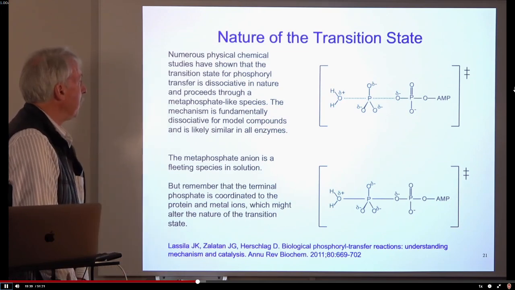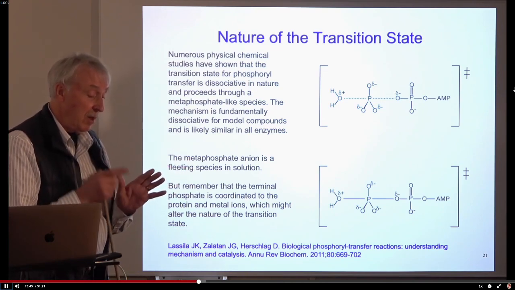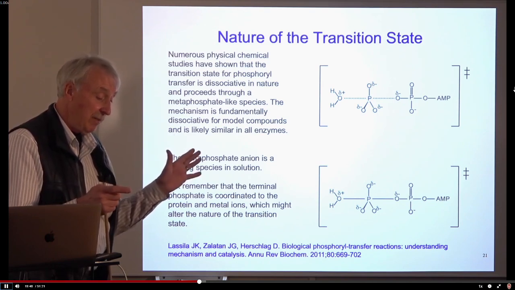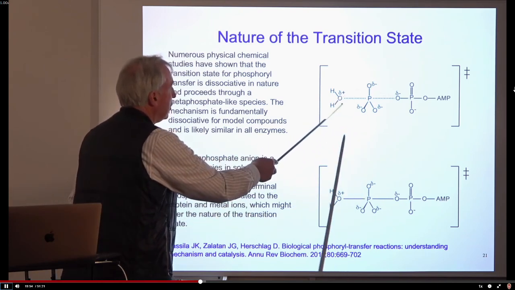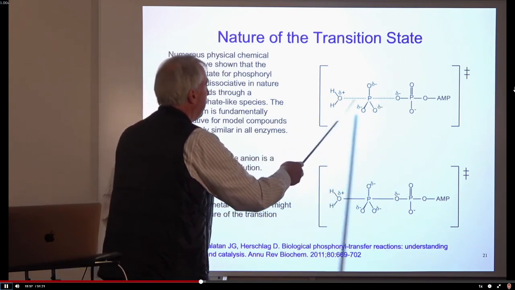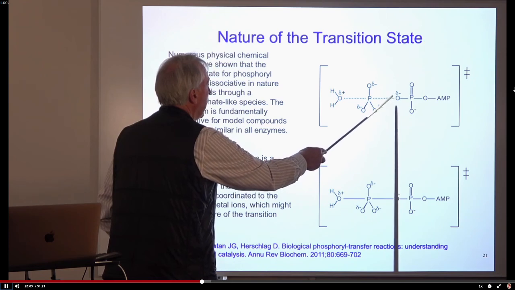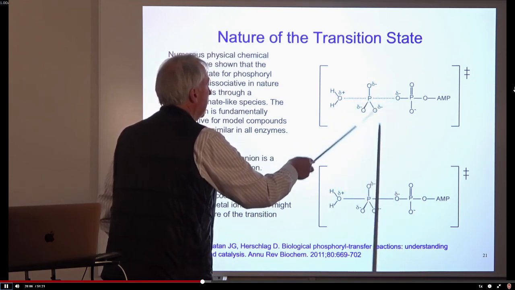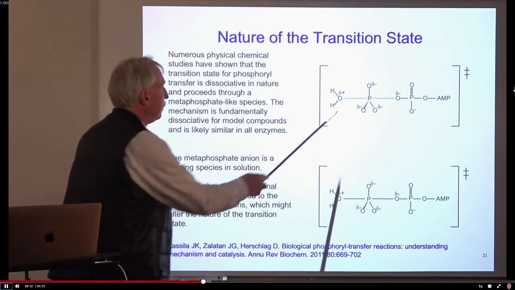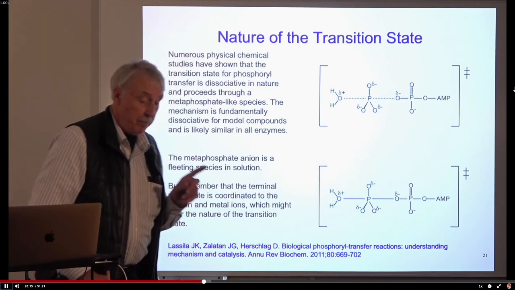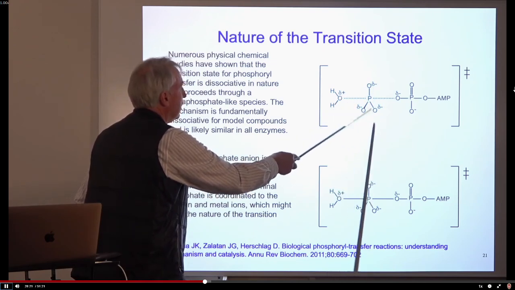All right. So the gamma phosphoryl moiety is transferred from ATP to its receiving nucleophile, be it water or an alcohol. We understand from physical chemistry that this can either go through a dissociative type transition state where one has weak interactions between the oxygen and the phosphate. And in the middle is a moiety that is metaphosphate-like in species. Metaphosphate, that's PO3-, has been observed in organic reactions, and it's a fleeting